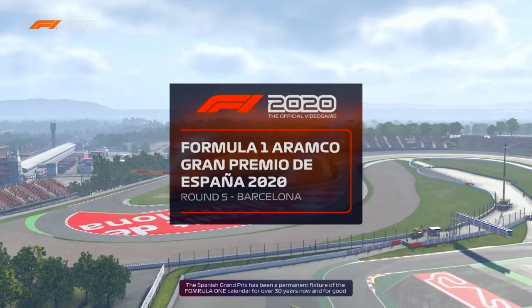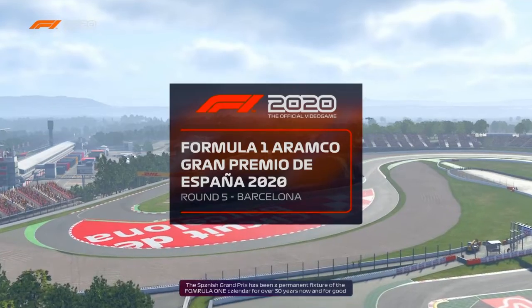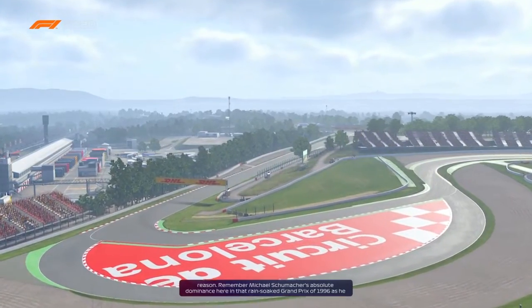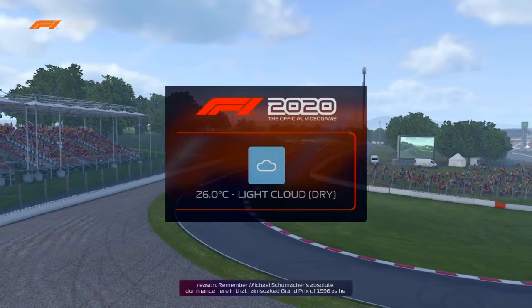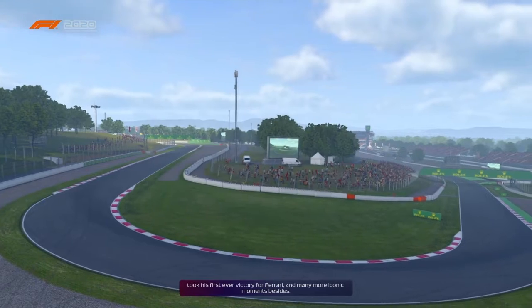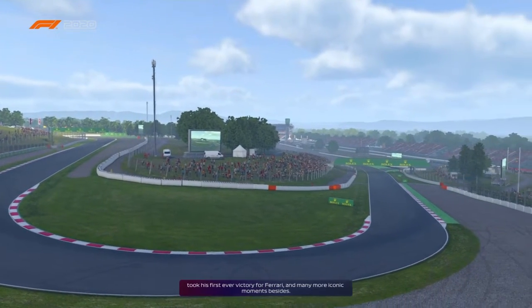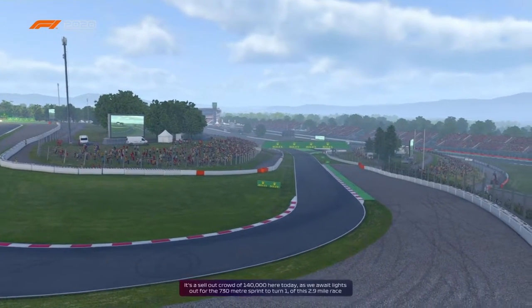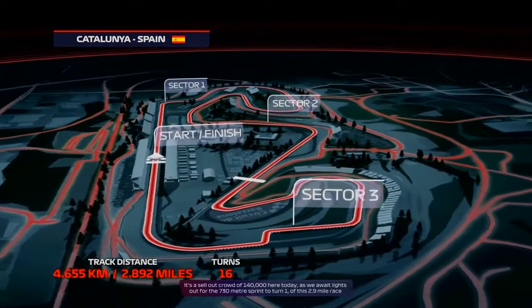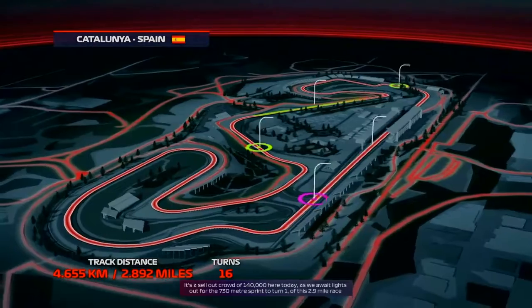permanent fixture on the Formula One calendar for over 30 years now, and for good reason. Do you remember Michael Schumacher's absolute dominance here in that rain-soaked Grand Prix in 1996? That day he took his first ever victory for Ferrari, and we've had many more iconic moments since. It's a sellout crowd of 140,000 here today as we await lights out for the 730-meter sprint down to turn